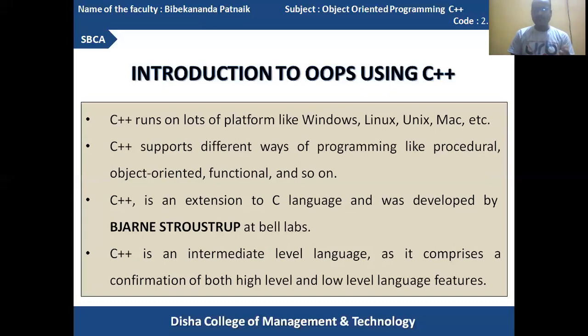And the next point says that C++ supports different ways of programming, like procedural, object oriented, functional, and so on. Although C++ is object oriented programming, it can support traditional programming like in C, the functional concepts as well as the procedural concept. So that's why C++ is normally called an extension or superset of the previous programming language. That's why it can support different types of programming like procedural, object oriented, and